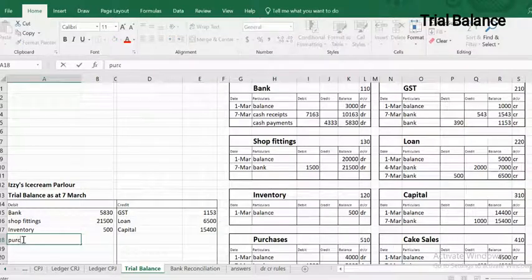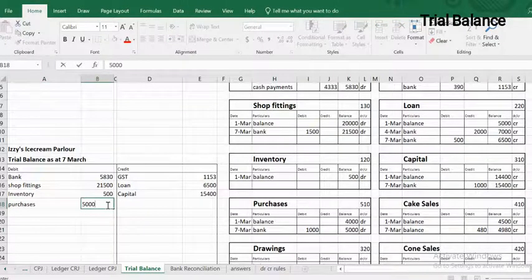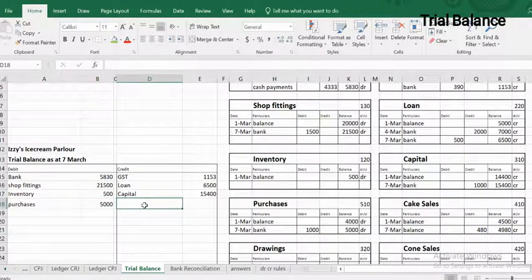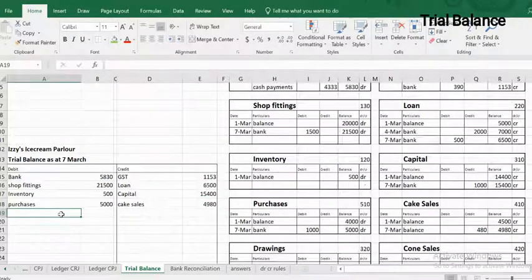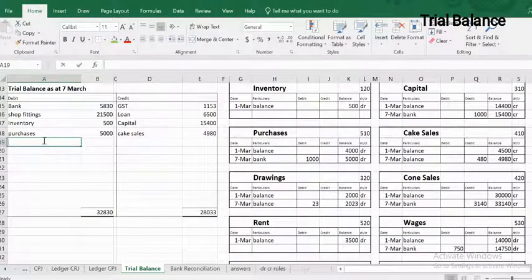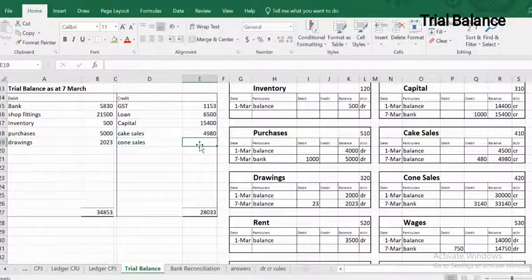Purchases is there. Let's scroll down a little. That is a $5,000 debit. Cake sales has got a credit balance. So we're going to put it on the right-hand side. That's 4980. Going down further, we've got drawings, and that is 3. And then we've got cone sales. It's a credit balance, so once again on the right-hand side,